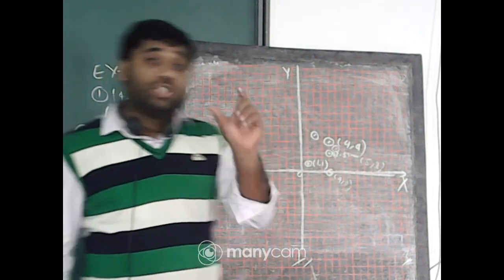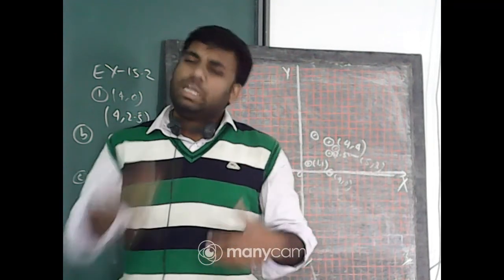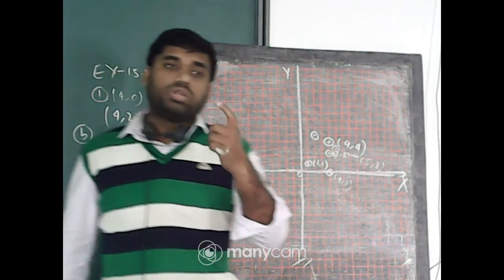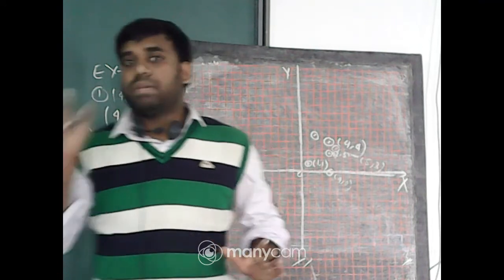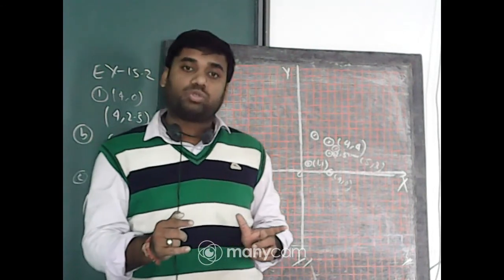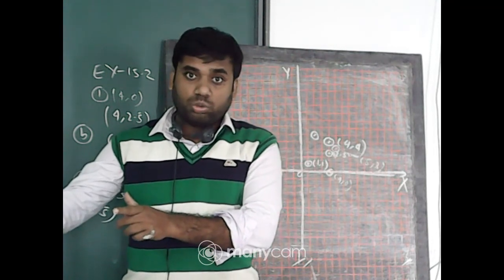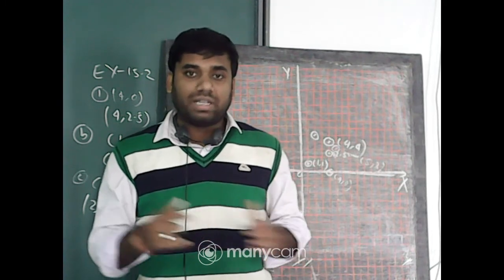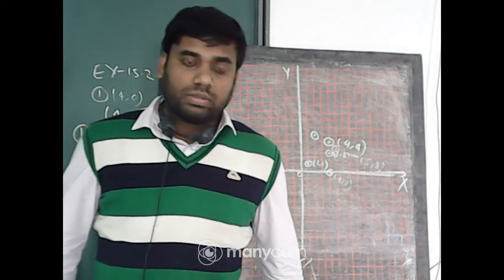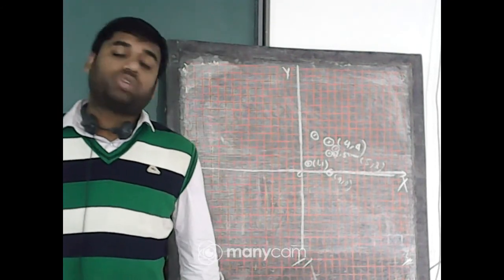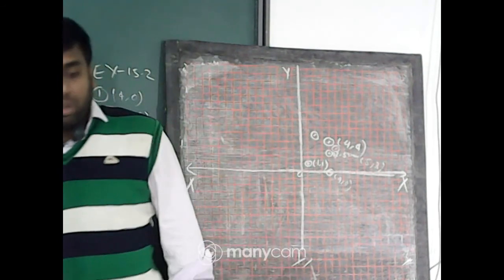Again I am telling, each unit means I am taking here a square or side of a square. You can take two sides, one unit equal to 2 sides of the square, but each unit will be the same. 0 to 1, 2 sides of the square. 1 to 2, 2 sides of the square. 2 to 3, 2 sides. Not 0 to 1 one square and 2 to 3 two squares. That will not identify the actual position of the point. Okay, so I hope this portion is clear. If anyone has any problem, tell me quickly.